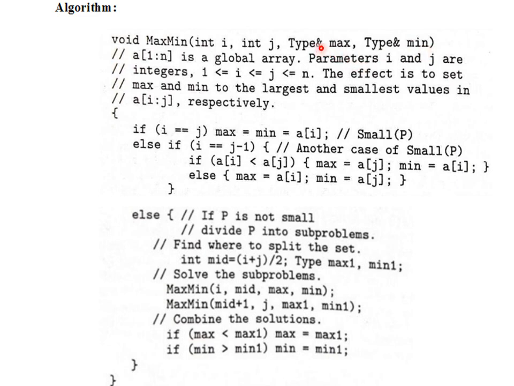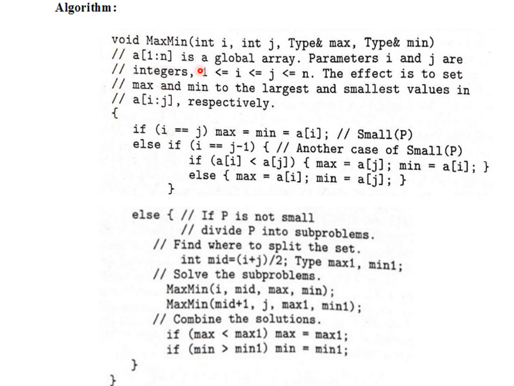So the address is passed. Here it is assumed that the actual parameters are pointers, and that's why the address is used, because we want to save the changes. Whatever changes you make in the maximum and minimum will reflect in the main program. That's why we are passing the pointer, the address, and in the function definition the parameters are addresses. So we are passing the addresses.